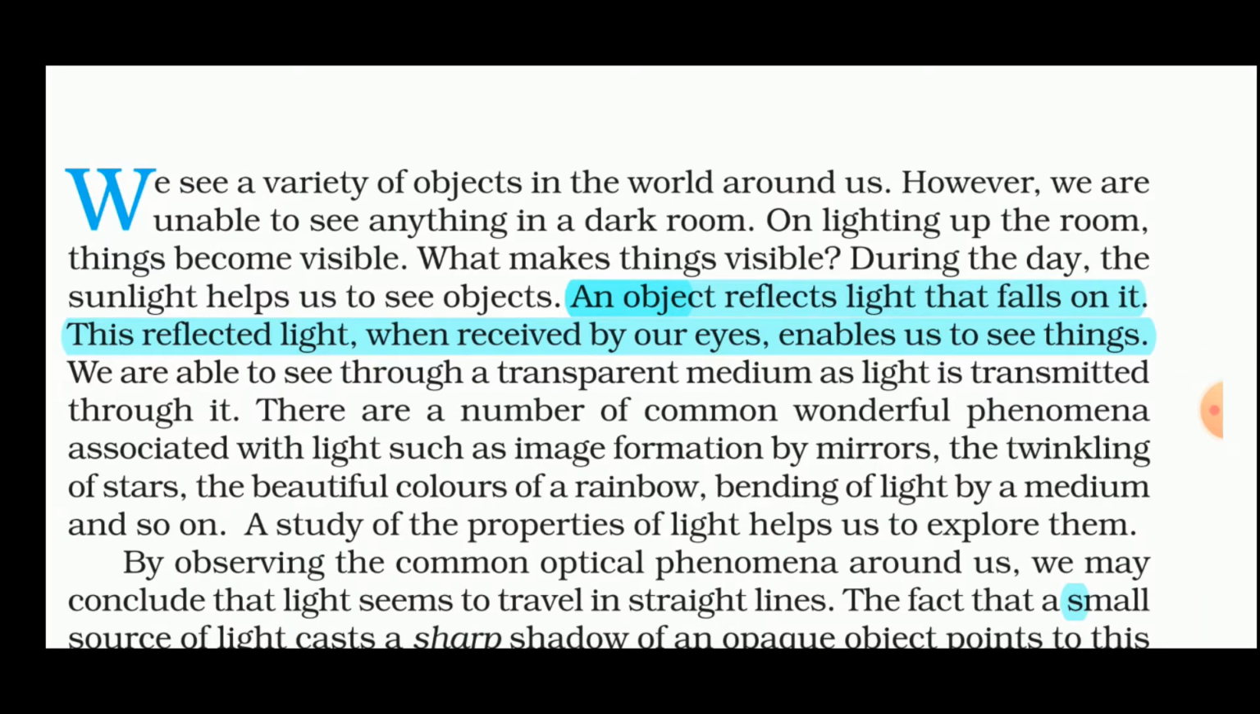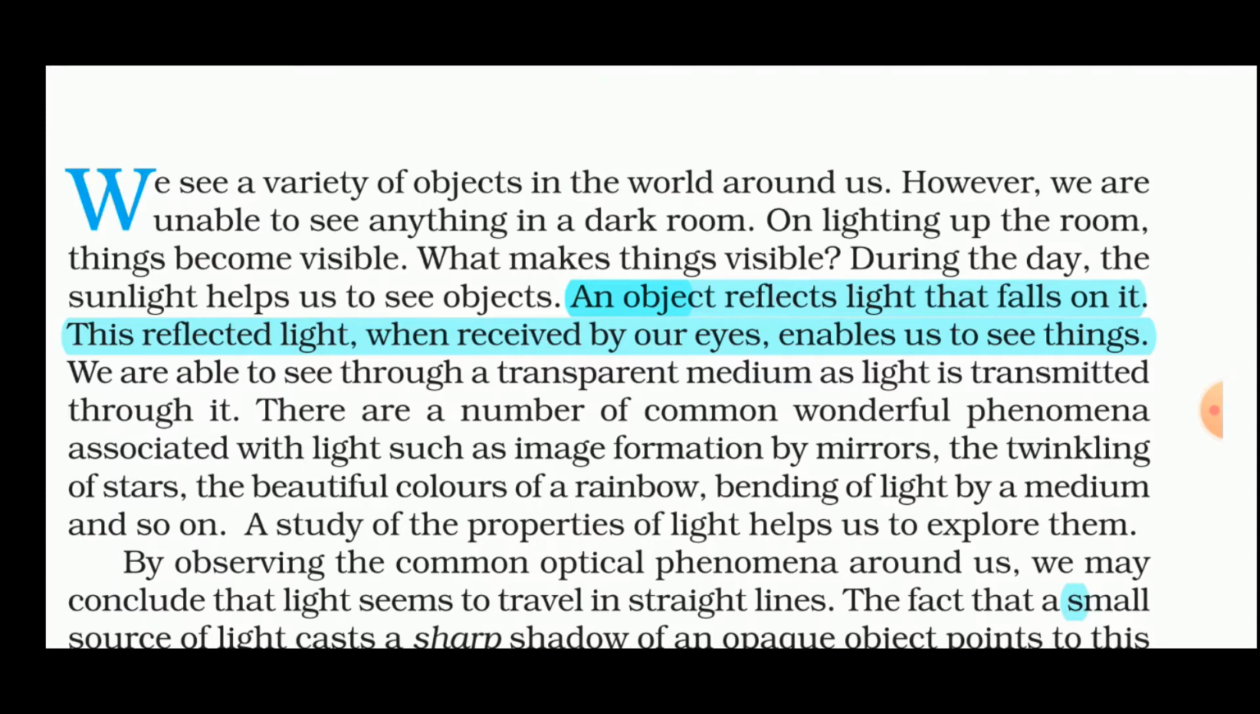Now we see so many objects around us. However, when we are in a dark room or during night time, we are not able to see the things around us, or the things are not visible to us. Now the question arises, what makes the things visible? During daytime, the sunlight helps us to see the object. So an object reflects light that falls on it, and this reflected light, when received by our eyes, enables us